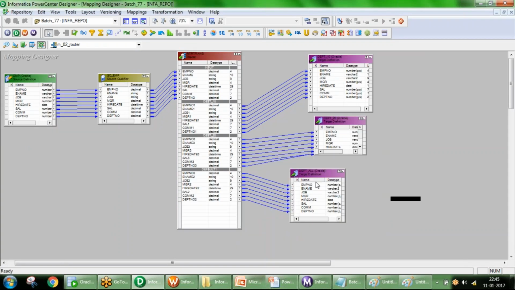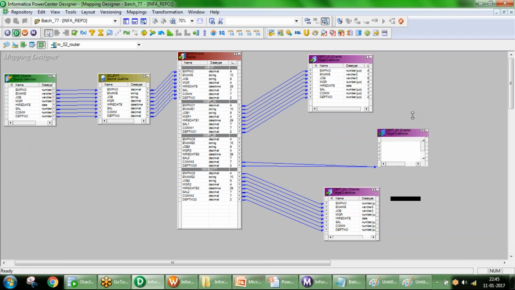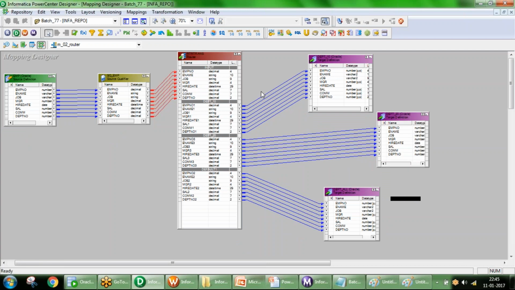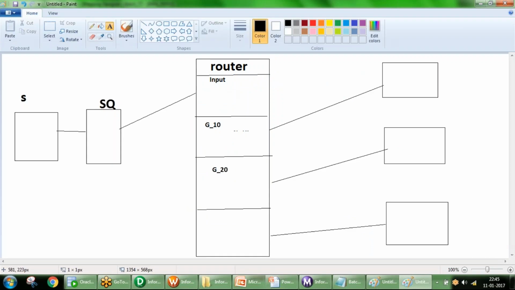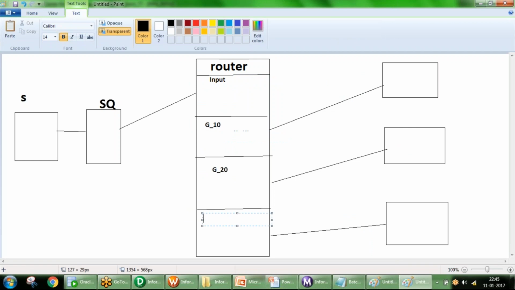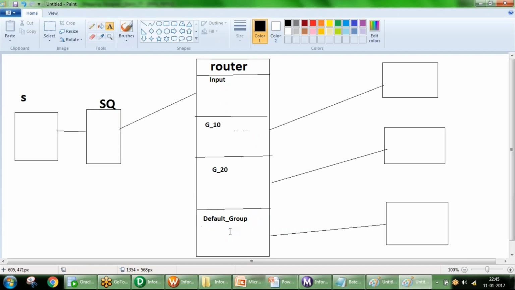This is your input group, then first, second, and third output groups. So here also this is your input group, then G10, G20, and what is this group name? Are you creating this group? No, by default the router is going to have a default group. And what is the condition in this group? Are you giving any condition for the default group?